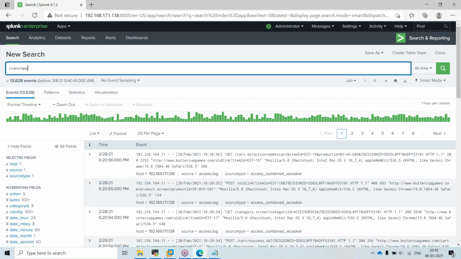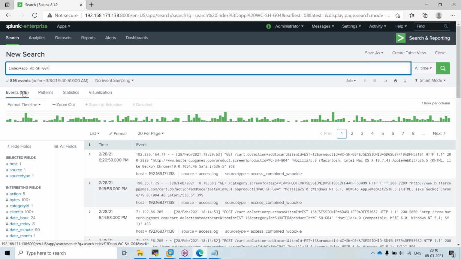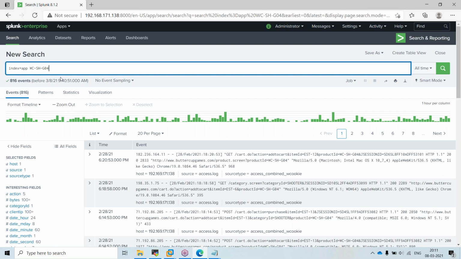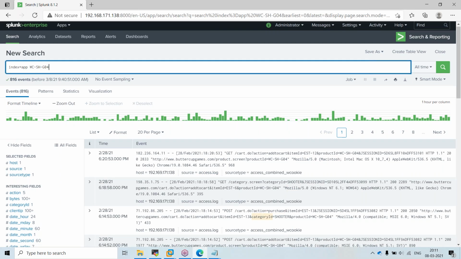But when I filtered with this keyword, with this product ID, I am able to see only 816 events. Now there are some cases where I will pick one thing here.